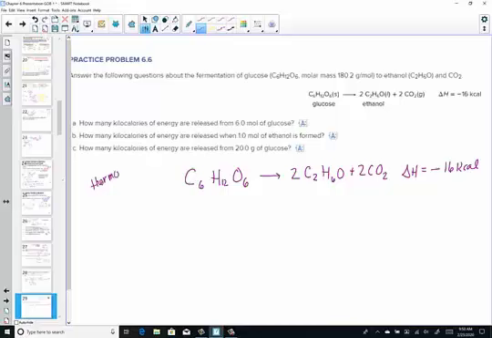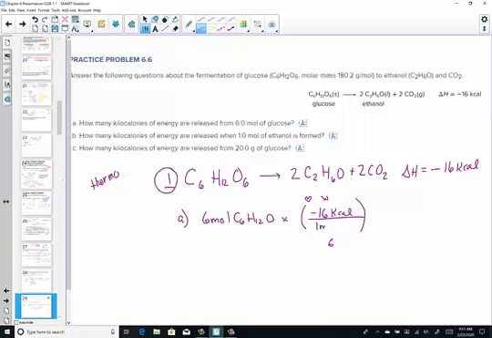In letter A, we'd like to know kilocalories, starting with 6 moles of glucose. So your given quantity already in the mole, very nice. So really all we need on the stoichiometry roadmap is the second step, the ratio, our want over given stoichiometric ratio. So from the balanced equation, negative 16 kcals, starting with 1 mole of glucose.